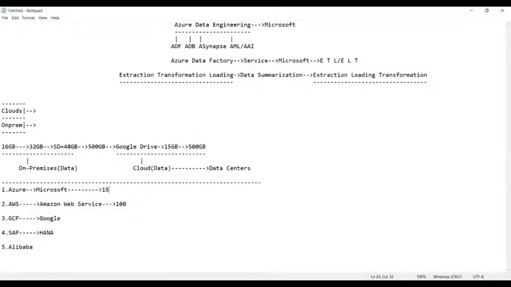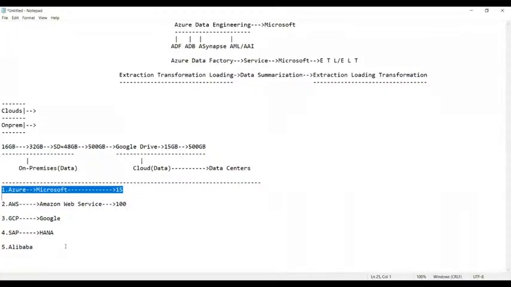So Azure is a very economical service, comparatively cheaper than Amazon. Hence, the number one product in cloud technology now is Azure, from Microsoft. Getting my point?